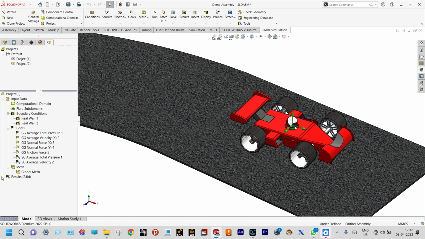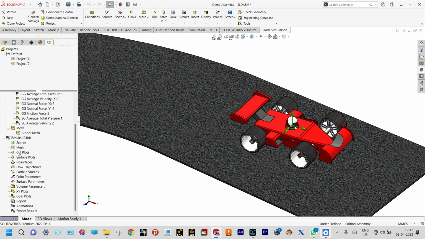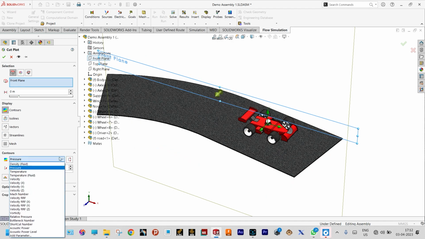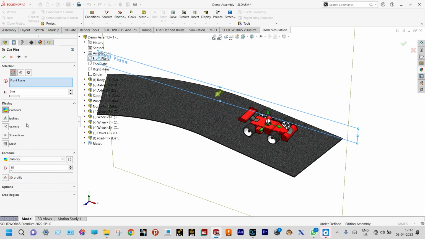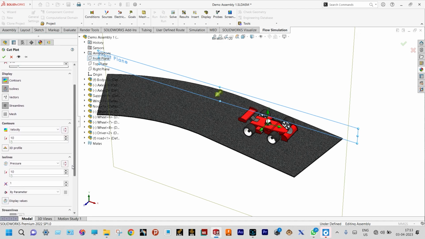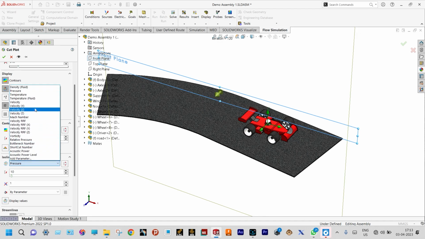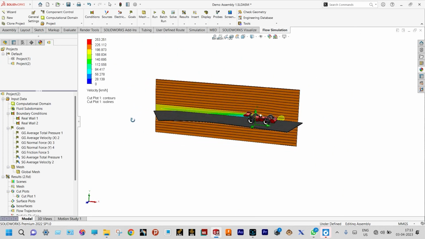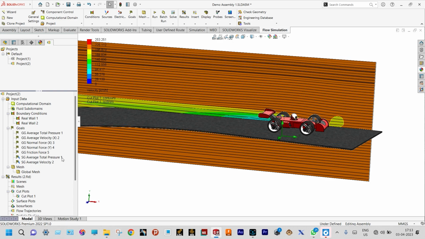So results, first of all, we'll see cut plots of velocity distribution from front plane. Inside cut plots, it will be velocity distribution from front plane, contours of velocity, and along with contours we want to see iso lines and streamlines also. Green check. So this is the distribution, you can see in a better way